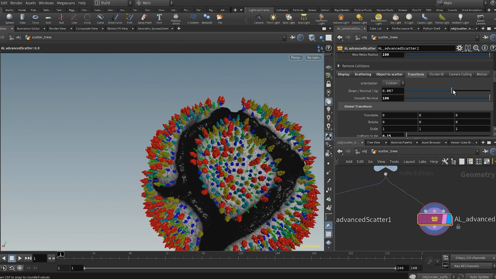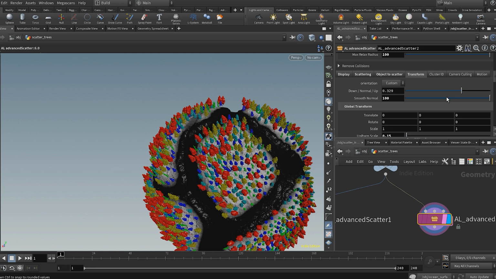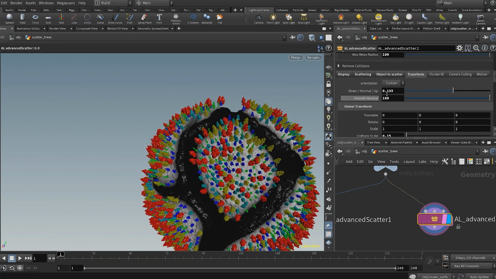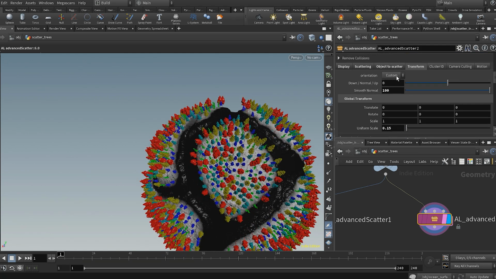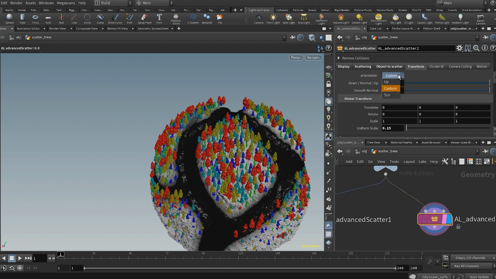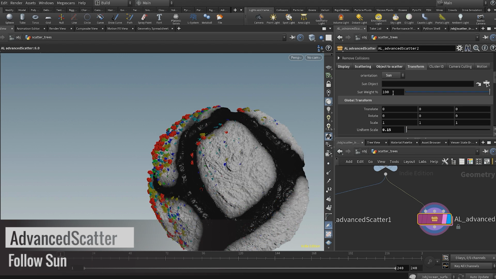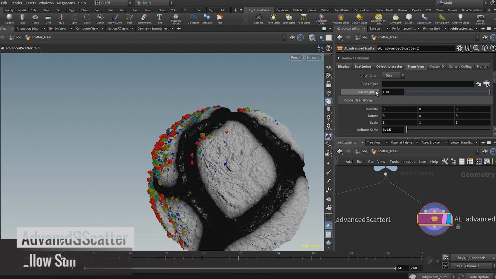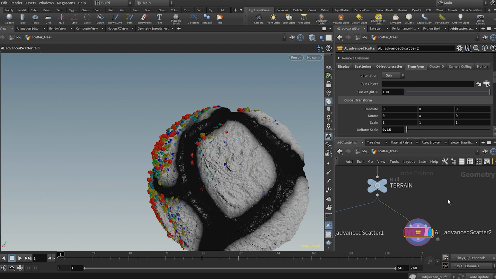And yeah, of course, you can always combine that with the up and down, etc. So there are, of course, other modes. There is the up, but it's not actually useful. I mean, you can totally point that to 1 and you would get the exact same result. You also have sun, which is very new. And what you can do with that is assign a custom object to actually target the orientation